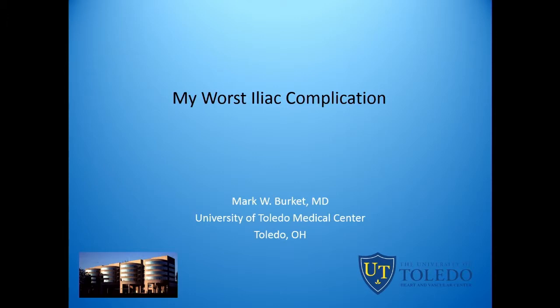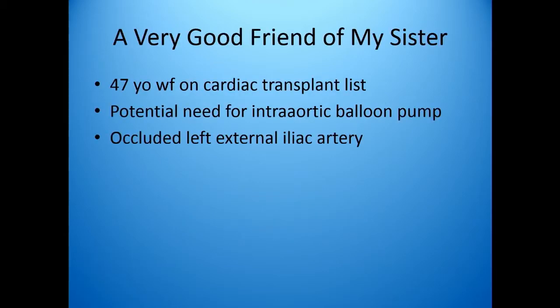So my worst iliac complication is bad for unusual reasons. One is in whom it occurred, and secondly, when it occurred. This came to my mind when I started thinking about iliac complications. I've had plenty of clots and dissections and retroperitoneal hematomas, but none of them were in a very good friend